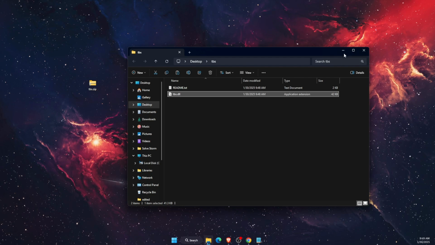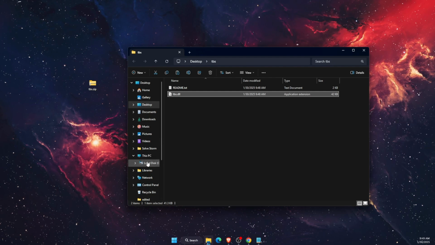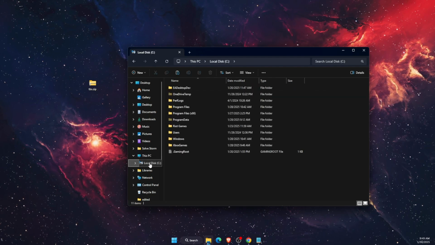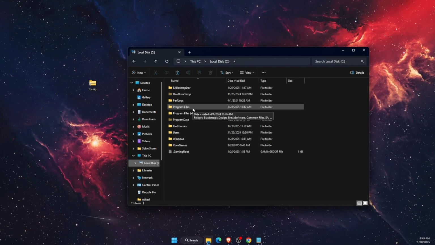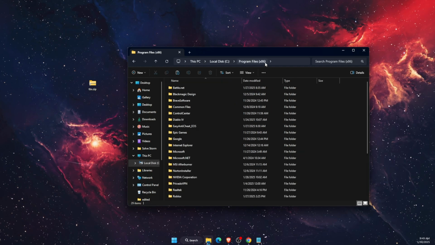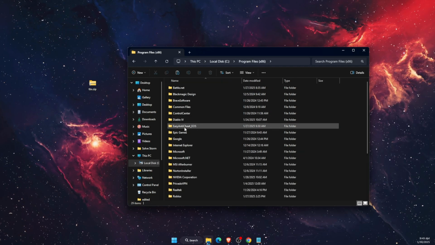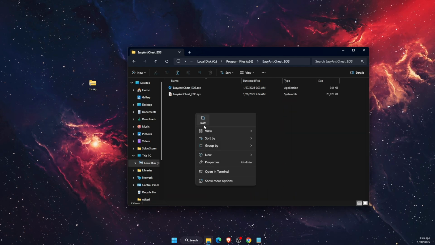After you have copied it, you want to go to your local disk C. Then you want to go to your program files and find Easy Anti-Cheat EOS. So for me it would be here on Program Files x86 and the Easy Anti-Cheat folder. Open it up and you want to go ahead and paste